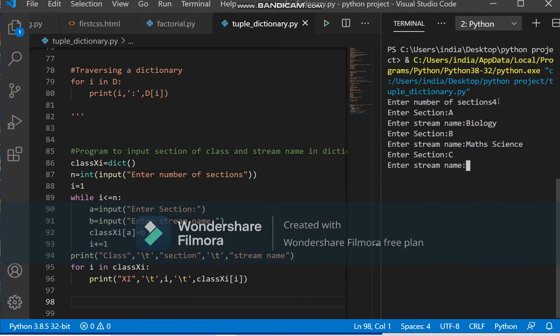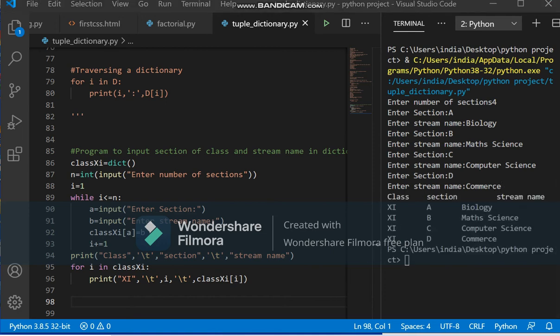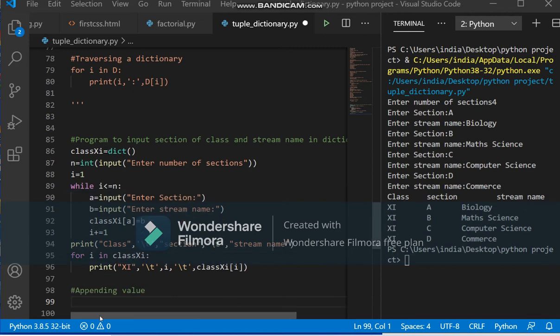The next is C, third, with computer science. And the last one, D, for commerce. Now when you press enter, all the data is stored, and as the print statement is given, see here, properly all the things are printed in a tabular format. So this is all about this.